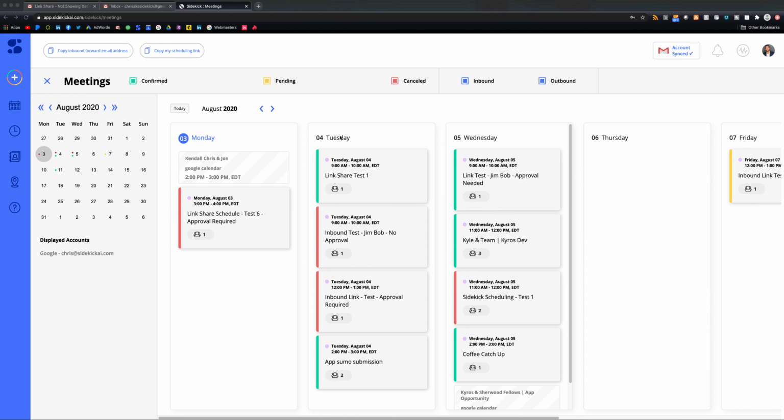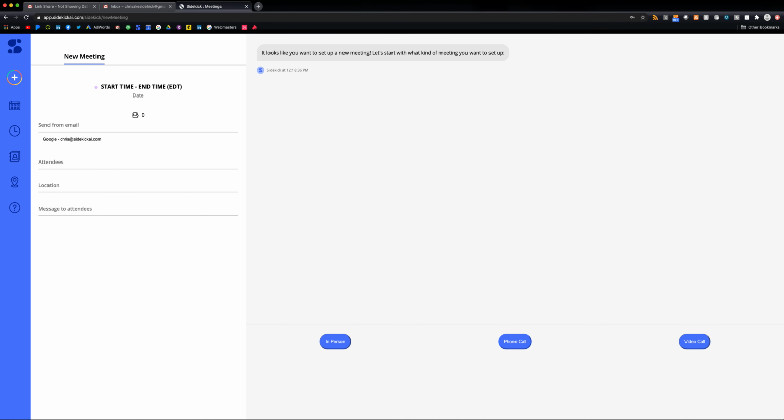I'm going to show you how to use Sidekick Scheduling. You can chat with Sidekick basically to go set up meetings for you. So the current version that we have right now, our first version, you basically click this plus, and then Sidekick